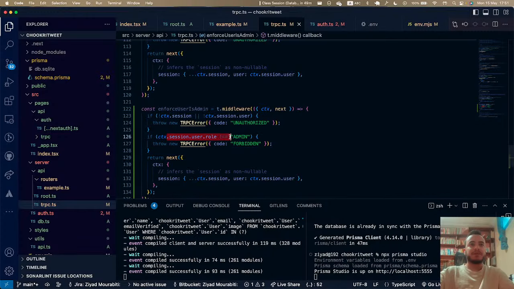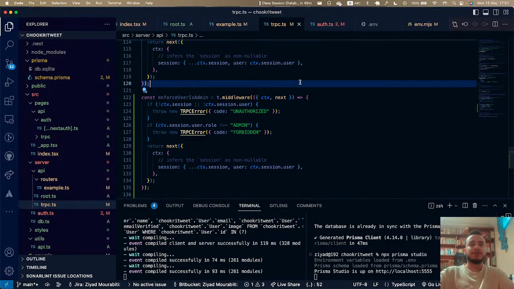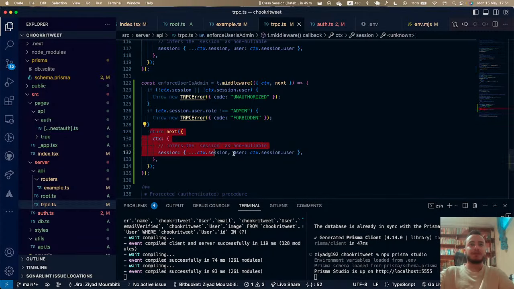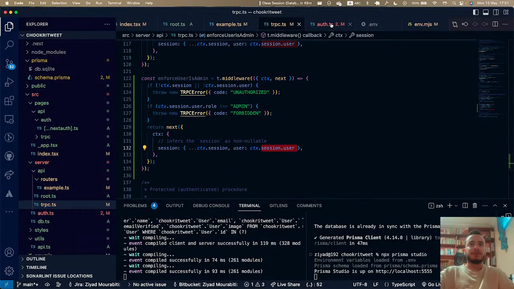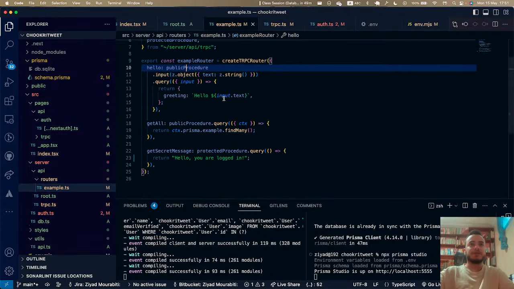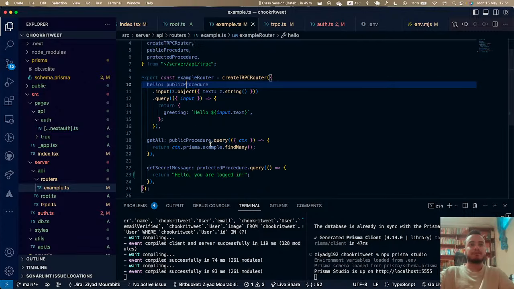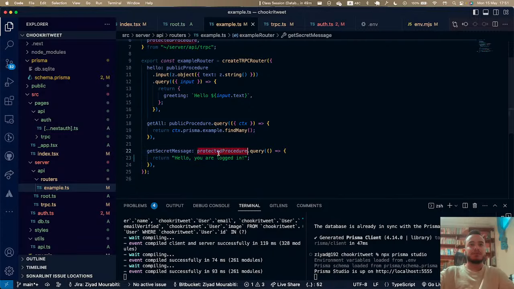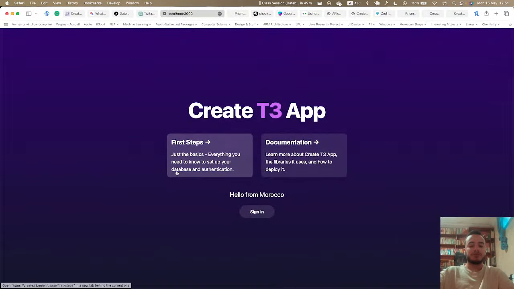So if the person is not an admin, it would be forbidden. Otherwise, if the person is indeed an admin, you would just pass on the data of the session and the user, and you can continue with your request. So, for instance, let's exemplify this through the, let's do this one. So, protected procedure, right? Now, if I go to,